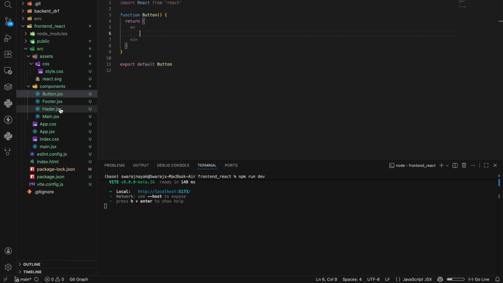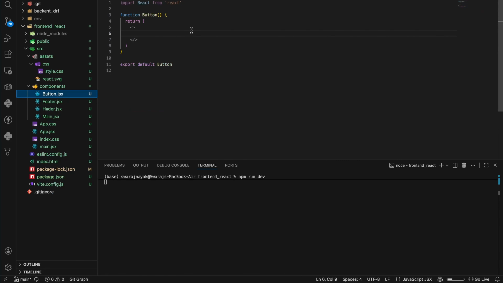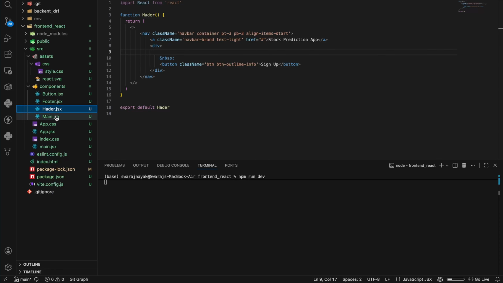Now go to the button tag. Where is the button tag? Yeah, inside the head, this button tag, just copy this button tag. You can cut also, command X. So you cut the button tag and paste inside the button.jsx. Here you just paste it, and just import the button. Go to the main tag,